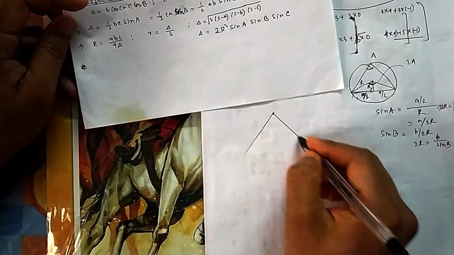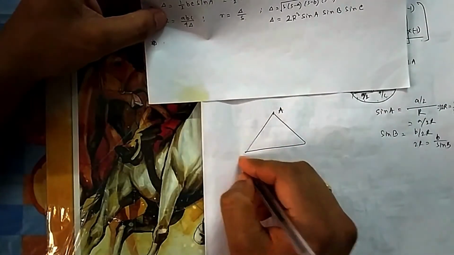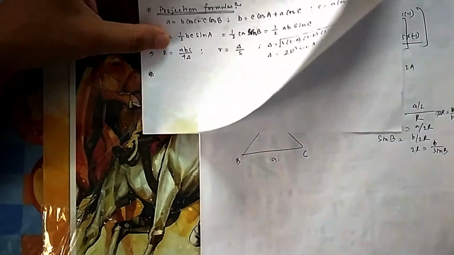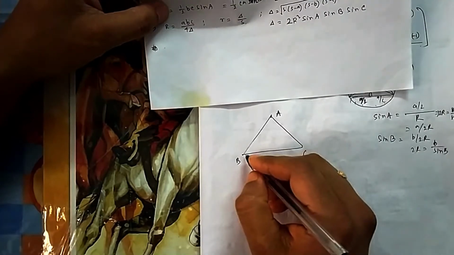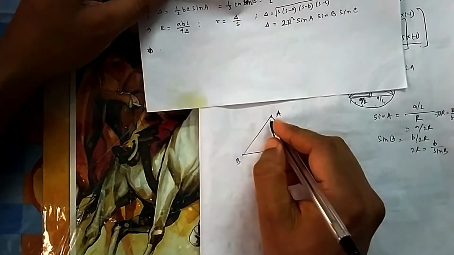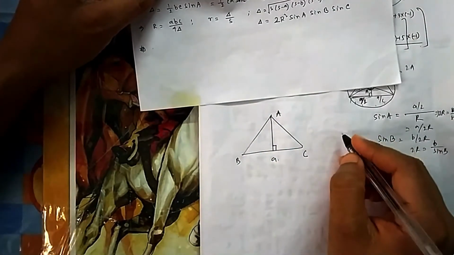Projection formula, this is easy to understand, you can easily visualize, this will not take such time. So let me draw it. So this is my ABC triangle. What they are asking, this is side A, so it is B cos C plus C cos B. Let me draw a perpendicular like this, that is cos C and cos B. Okay. This is a perpendicular. Now this thing you have to be very careful.